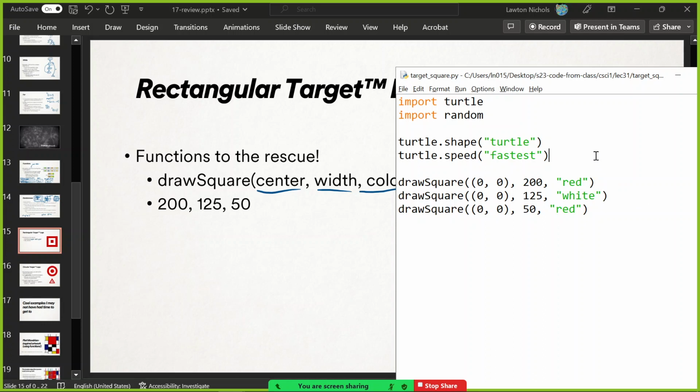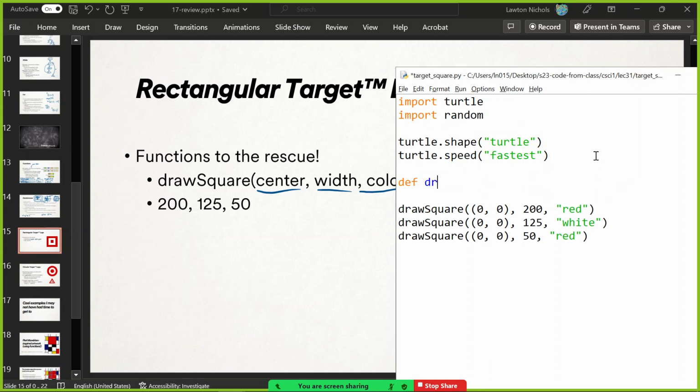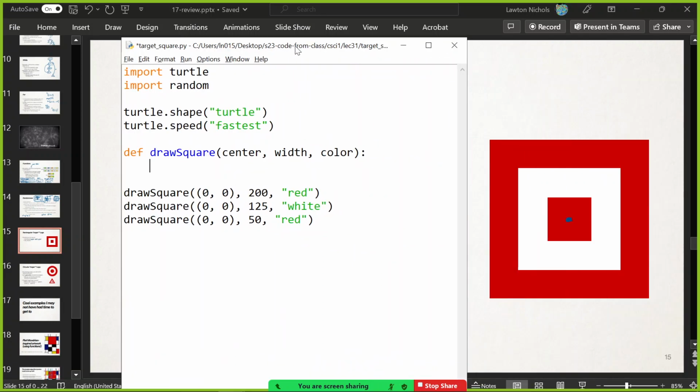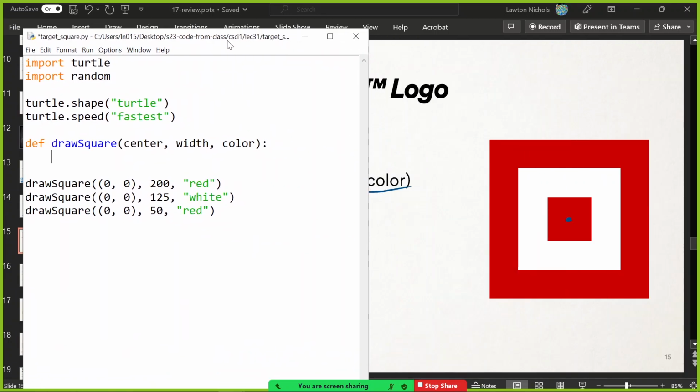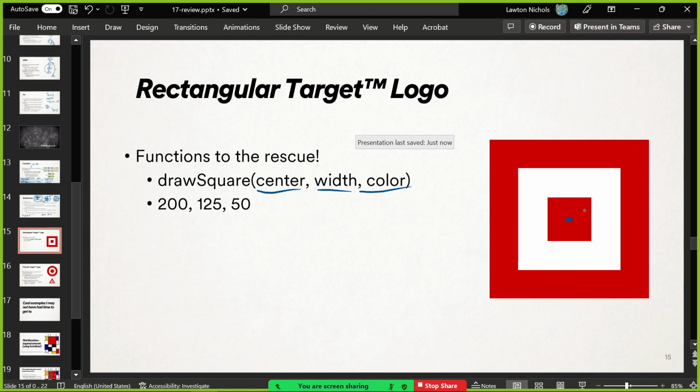All right, so let's make the draw square function. It takes a center, it takes a width, and it takes a color. So we need to figure out where the center is and get there, because the center could be anywhere technically. So let's figure that out. We're getting this coordinate passed to us in the center variable, and it's a tuple. It's got two things.